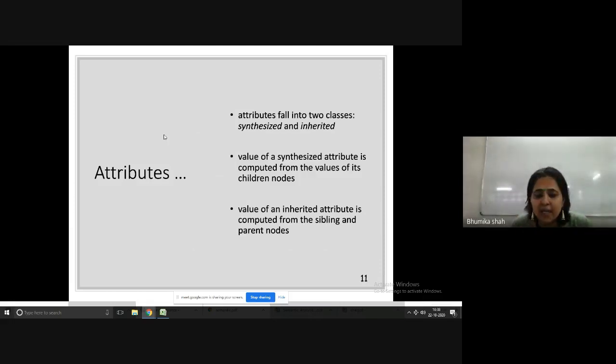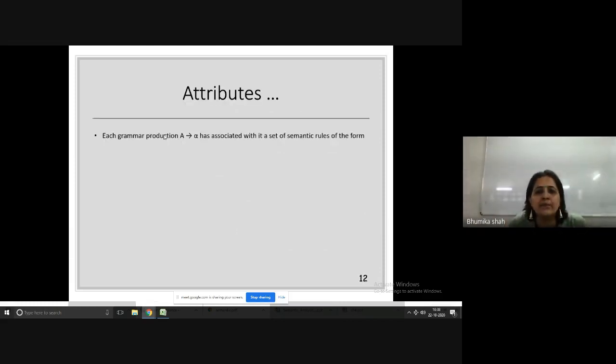And what is an inherited attribute? If the value of the attribute is calculated using either parent node values or sibling node values, then that node is said to have inherited attributes. So these are the two kinds of attributes any node can have. Okay.